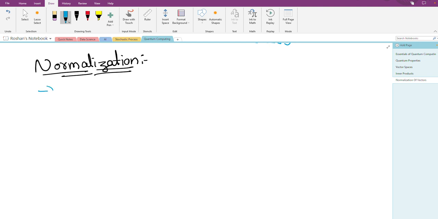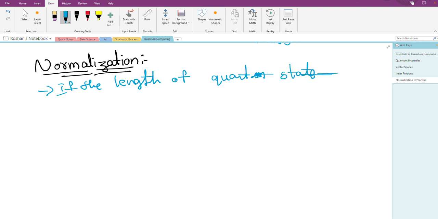That means if the length of the quantum state